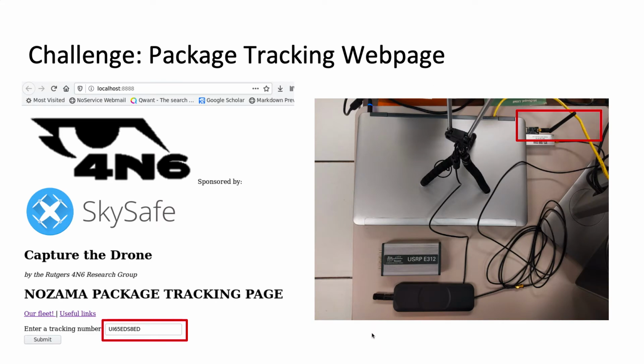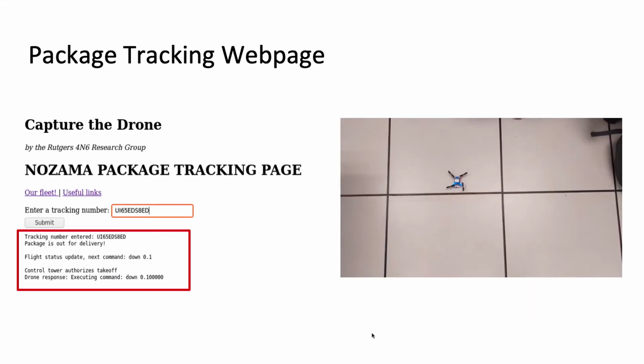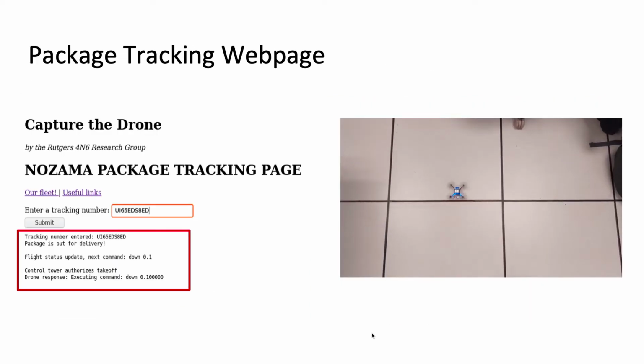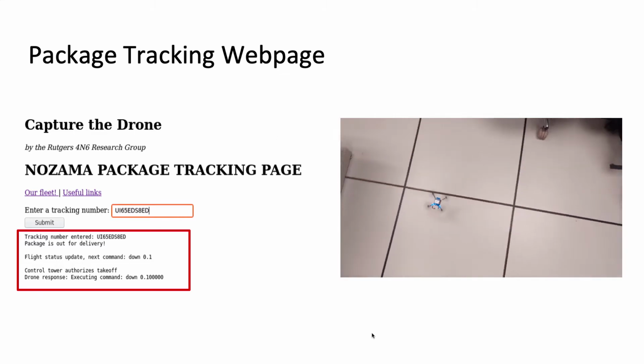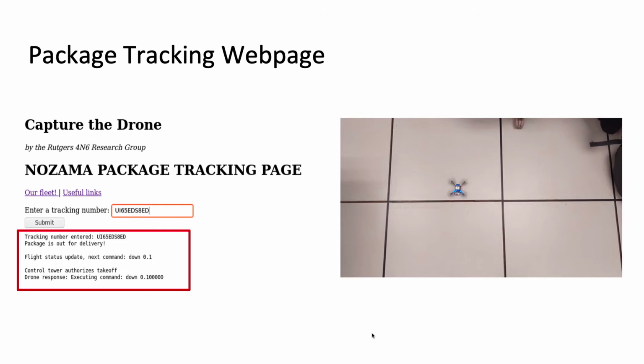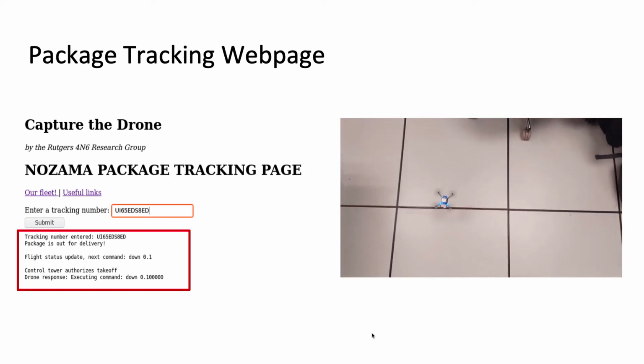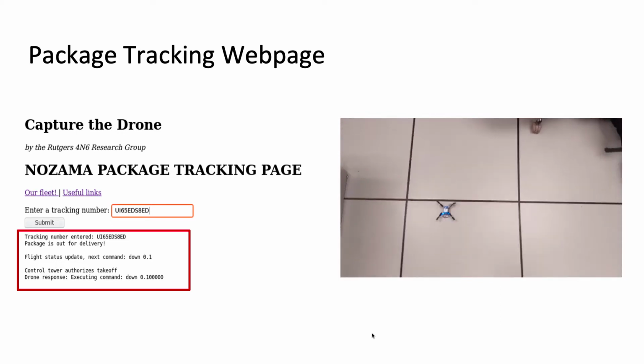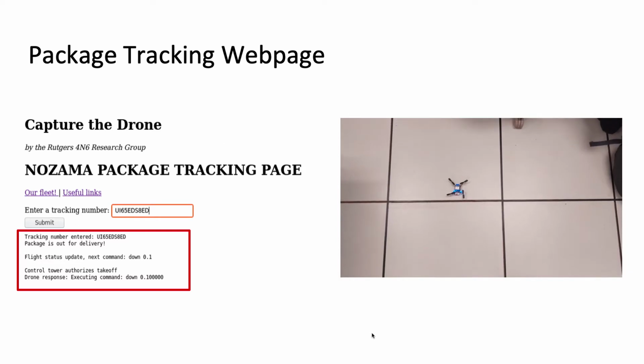It was a similar web interface, and we just provided a tracking interface for them. Whenever you requested where your package was, it would give you some information. At this point, we hadn't implemented the localization system, but there was some physical actuation with the drones that were